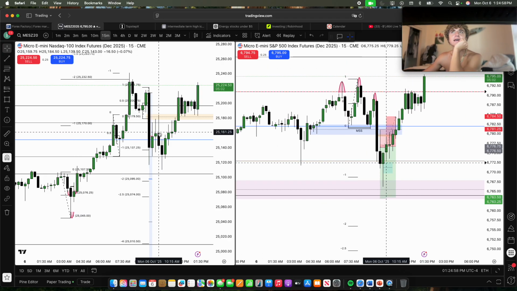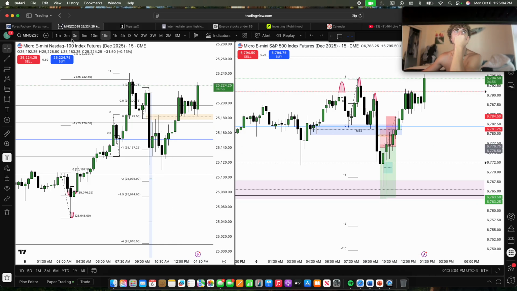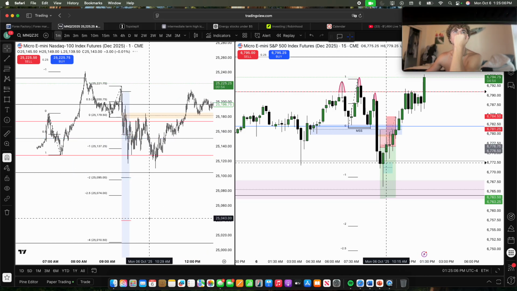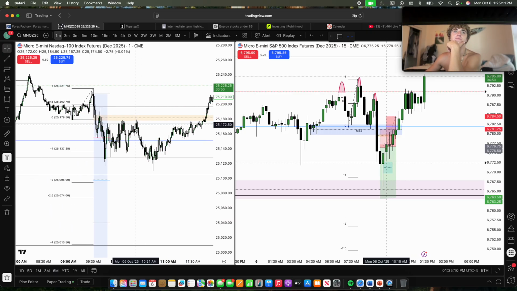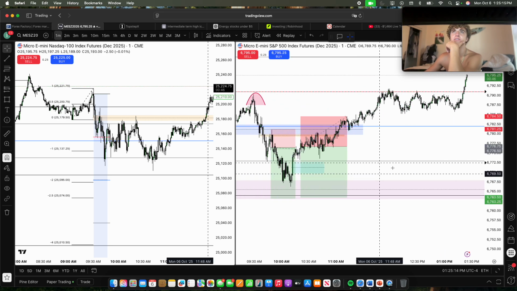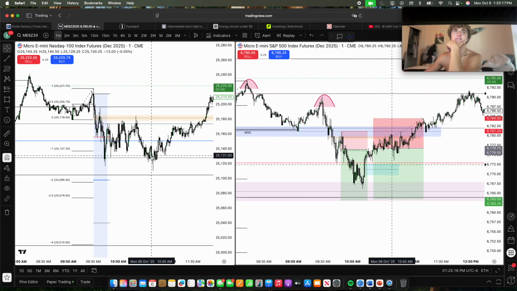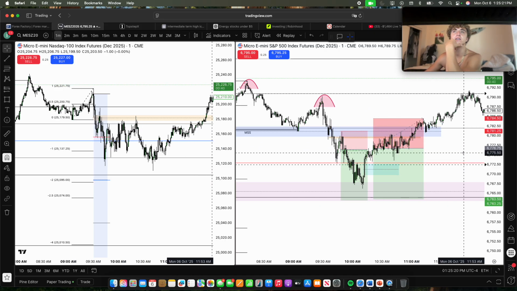If we go to ES though, right here's where we get that buy side sweep, where we should start to go lower. And we don't. We quite literally don't. NASDAQ breaks lower after sweeping that, exactly what we wanted to see. Takes our sell side out right here. And ES did not do a single thing. ES just started to consolidate and then rally higher.